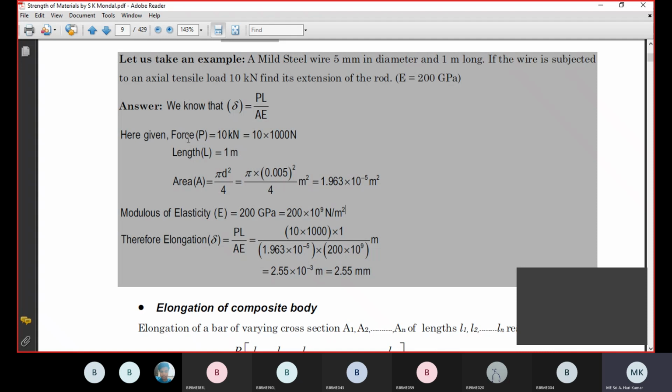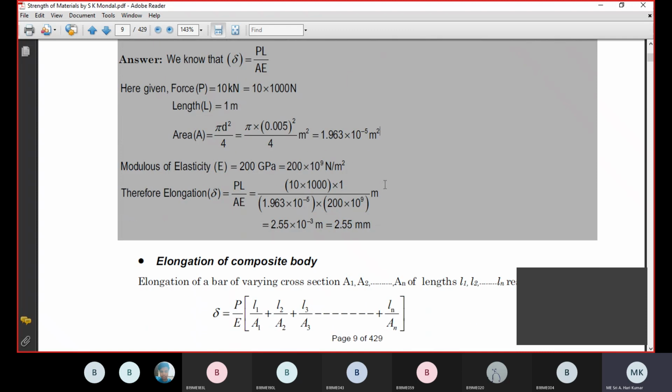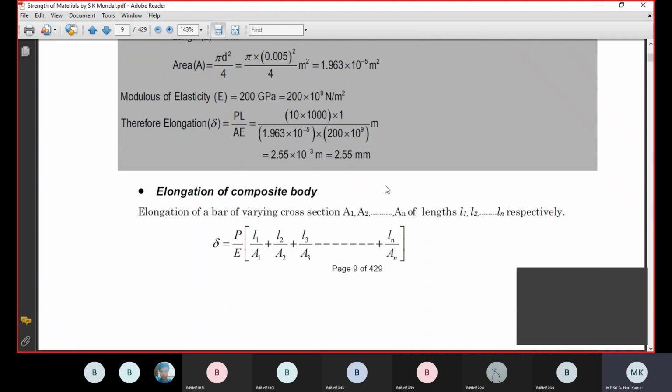That's very important. I'm not throwing so much light on this, because the only thing I'd like to mention is that you have to be very careful with maintaining the consistency of the units. That's simply an elongation problem. But when we come to many steps, varying cross sections, that is, elongation of a bar with a varying cross section, then we apply the principle of superposition. So for the same load and same material, we just add the individual elongations.